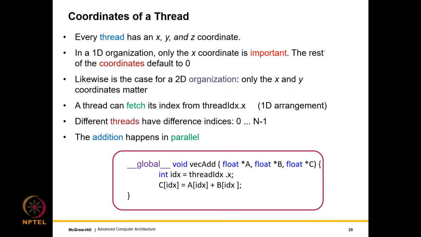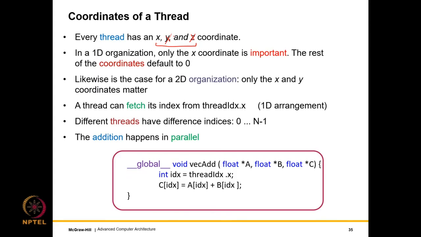So now let's come to the coordinates of a thread once again. This is an important concept, and this is where the CUDA language differed somewhat significantly from its predecessors, which were traditional parallel programming languages such as OpenMP and MPI. Every thread was assigned at least a 3D coordinate within its thread block. And of course, we may choose to ignore a few of these coordinates, in a sense, set them to 0. For example, in our array addition example, y and z defaulted to 0.